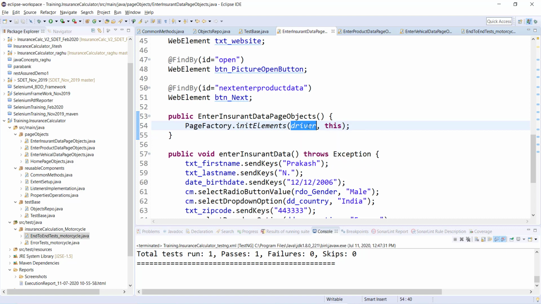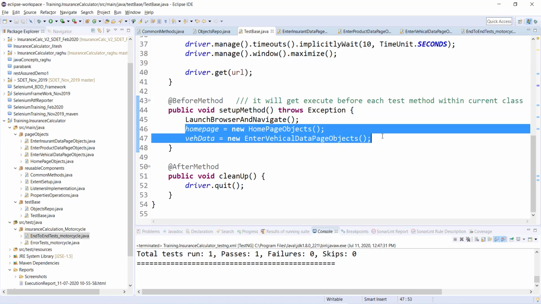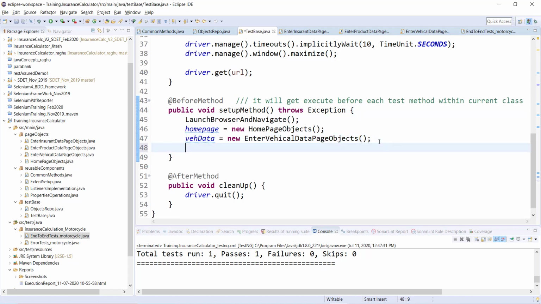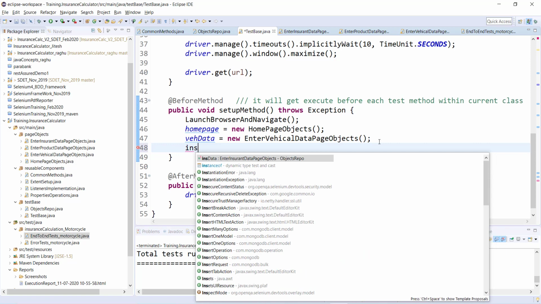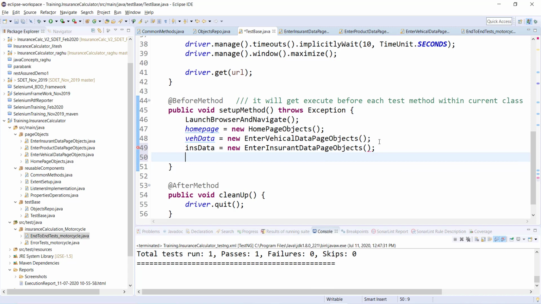You will get a value for this driver after you call this launch browser and navigate method. Now I have some value for the driver, and that's the reason after launching the browser I am initializing this particular stuff. Okay, so next is ins data is equal to new insurance data, and next one is prod data is equal to new enter prod data. Okay, so I'm done. Object creation is done.